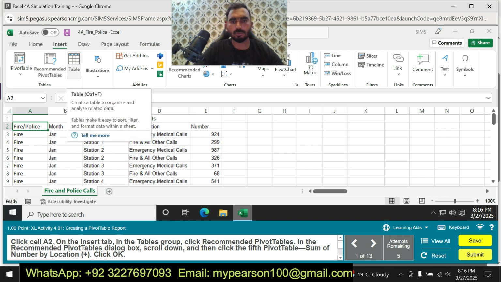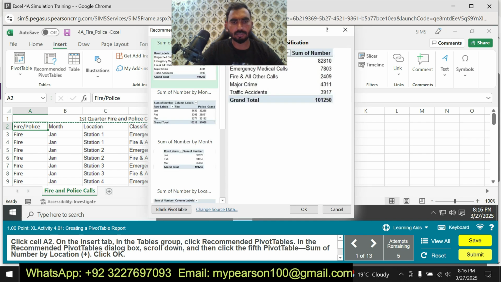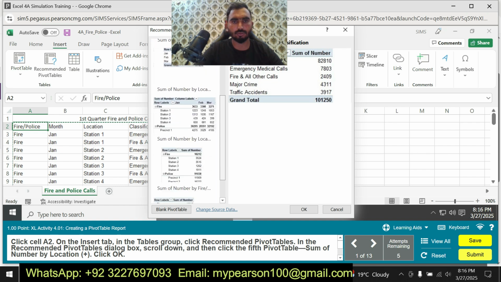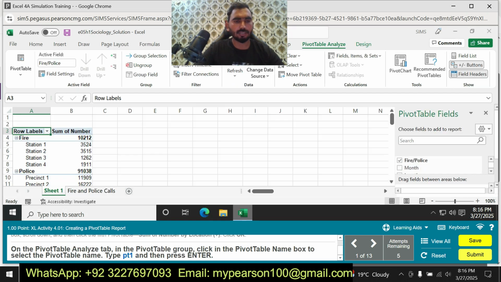Okay. Click Recommended PivotTable. Recommended PivotTable is here. Scroll down and then click the fifth PivotTable: 1, 2, 3, 4, fifth, and OK. On the PivotTable,